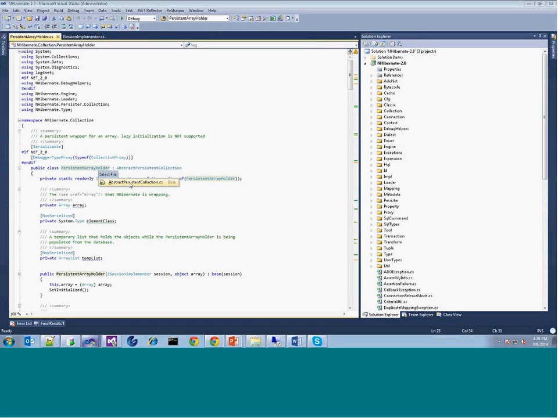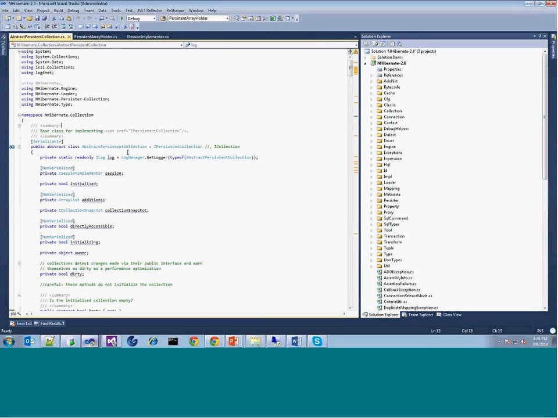So here, this class contains the definition of abstract persistent collection. In some cases you will have inheritance, and you will have multiple levels of inheritance. You may have an abstract base class, and another class inheriting that, and maybe also implementing another interface. So in such cases, suppose you get to see multiple